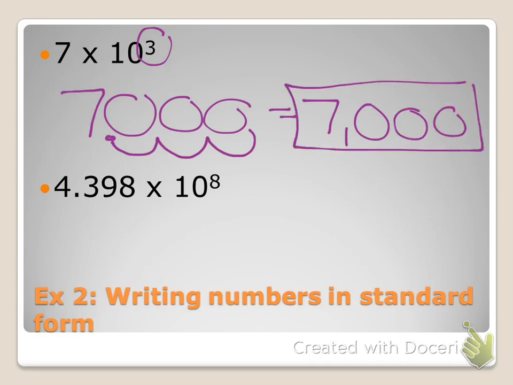Again, all I'm doing is manipulating this number. I'm not changing its value. 7 times 10 to the third is the same thing as 7,000. Okay? Now with